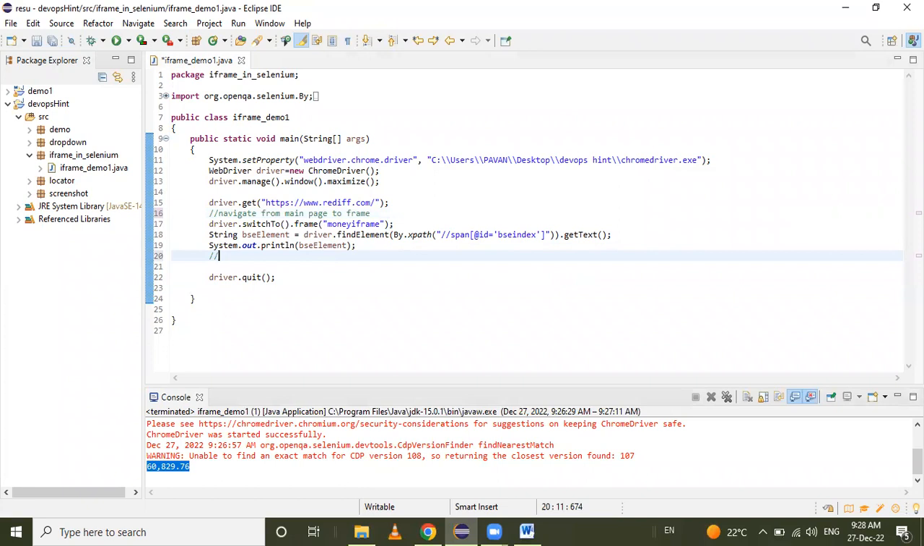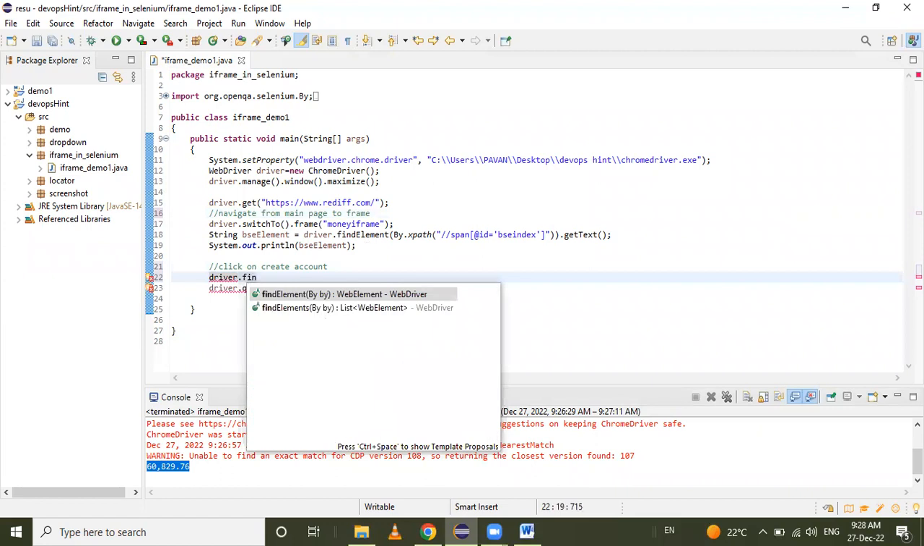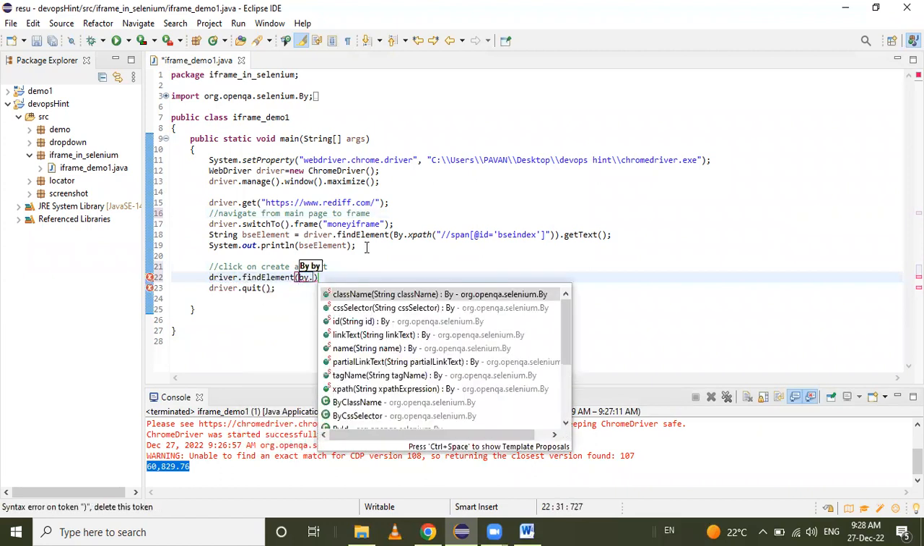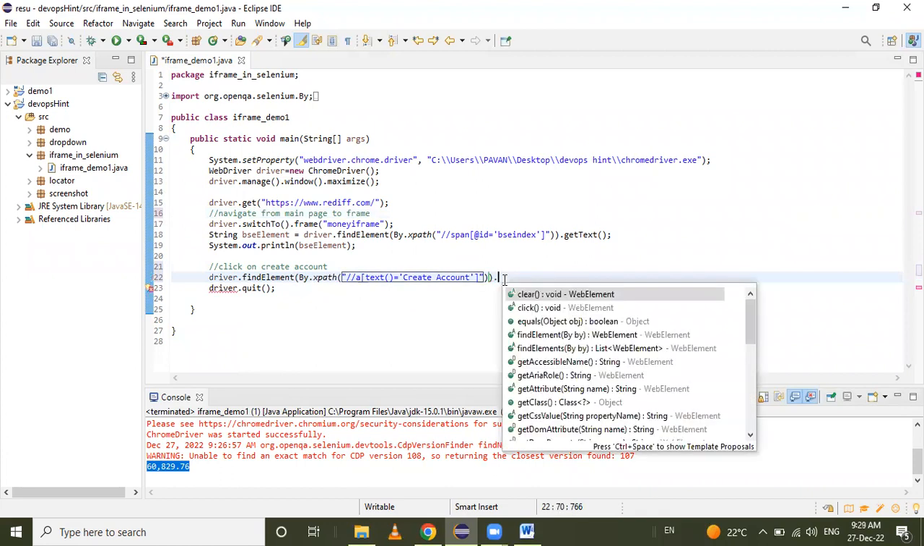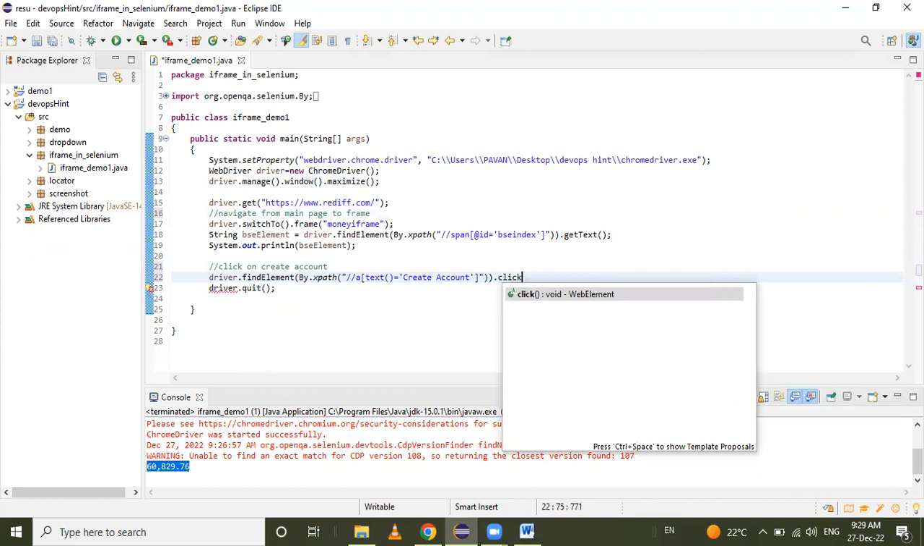First a comment: click on create account. Okay, so after that we have to type driver dot findElement, By dot xpath expression, and in double quotes we copy this and paste the expression here. Okay, and what action do we have to do on this element? We have to do the click action. Okay,